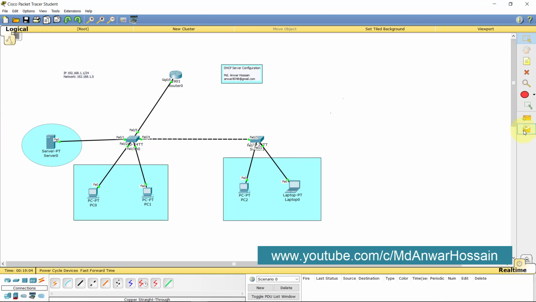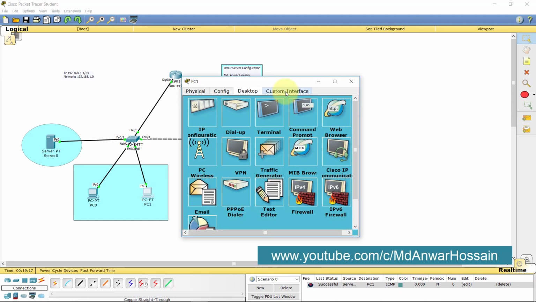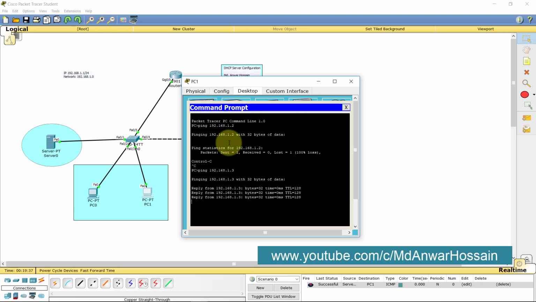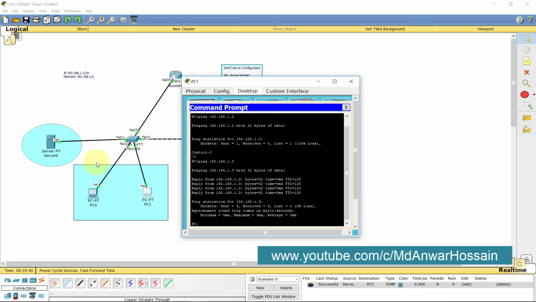I will send one ICMP PDU from the server to PC1. It shows that it was successfully delivered. Okay, let's do the ping from this computer to the server. Is it reaching or not? Yes, it is.